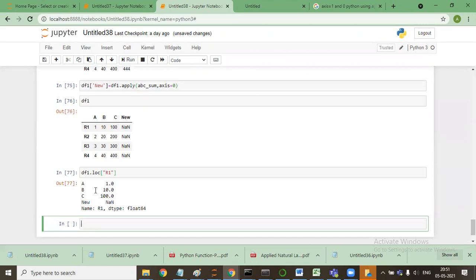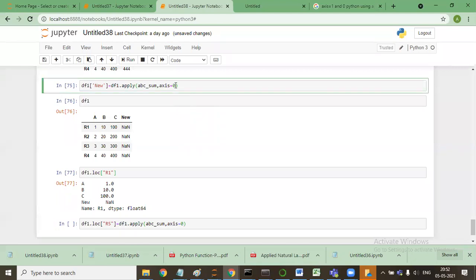If I say df1.loc for r5, I create row 5, and then I say df1.apply with ABC sum, axis equal to 1, sorry, axis equal to 0, earlier I specified 1, it was 1 only.